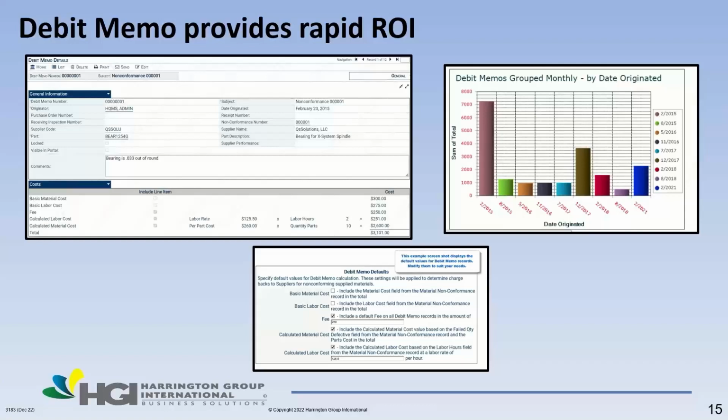This is a very simple but powerful financial incentive, debit memos. They provide the rapid ROI. Now, at Harrington, we understand that no company wants to have a profit center or revenue center based on supplier nonconformances. Of course not. And every company wants the parts to show up on time and be 100% acceptable. But the reality is, our experience has been that when suppliers are held financially accountable for their mistakes, the mistakes